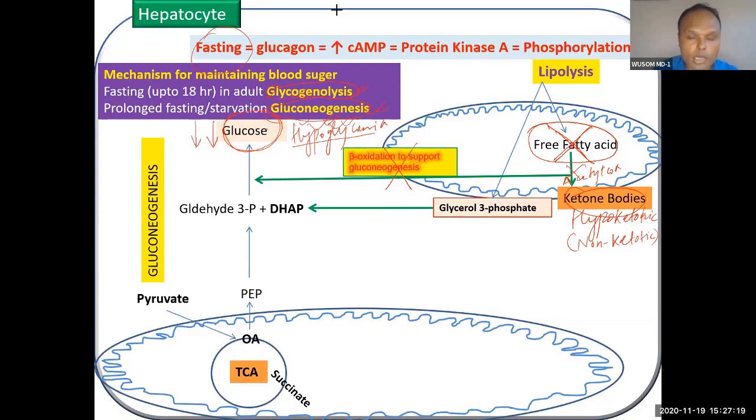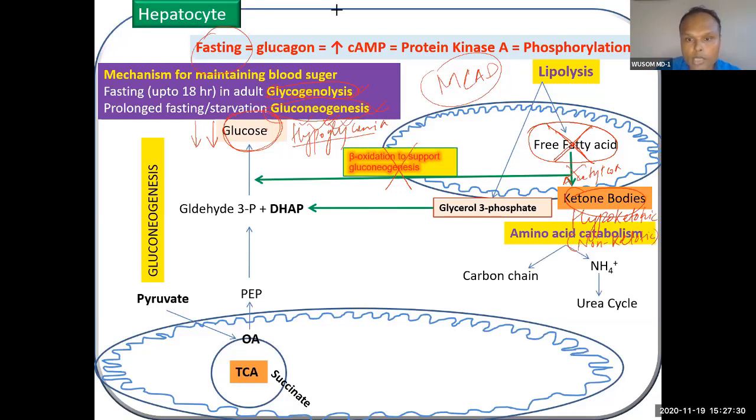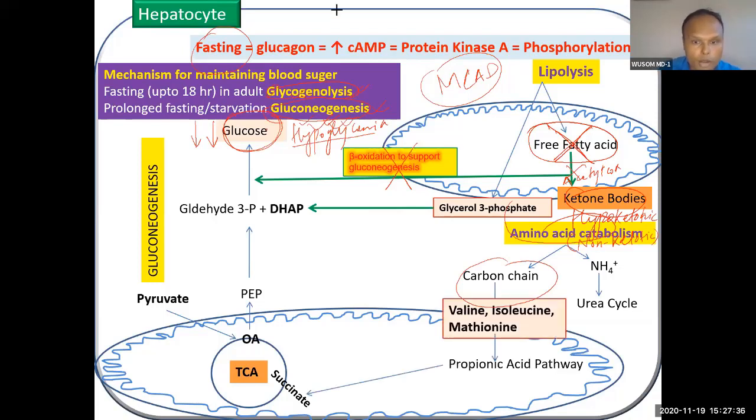This is the reason for hypoketotic hypoglycemia in MCAT deficiency. During fasting, glucose has to be formed from amino acids. You can see the carbon skeleton, and the amino group will change into urea. This carbon skeleton will feed the Krebs cycle, and through the Krebs cycle, it will form glucose like this. We will talk about this gluconeogenesis pathway in detail in MD2.